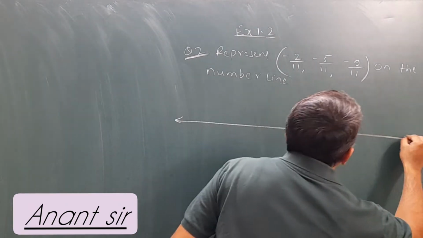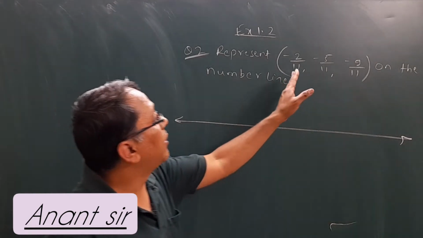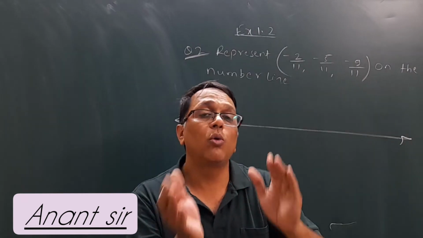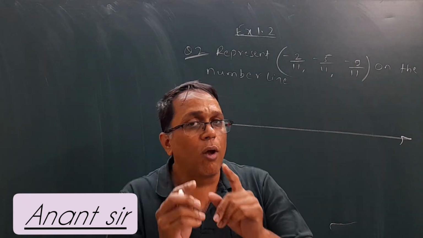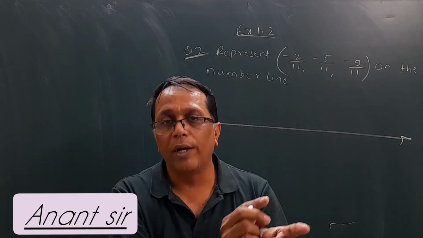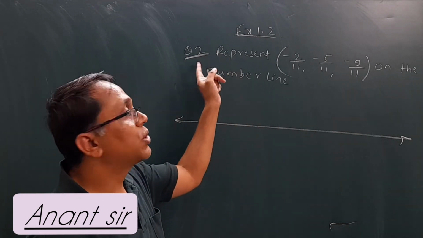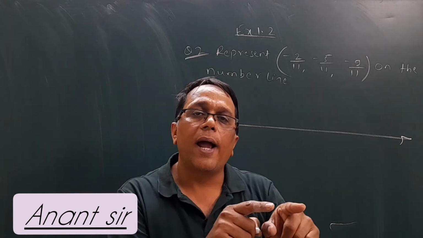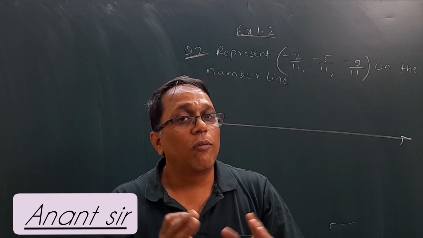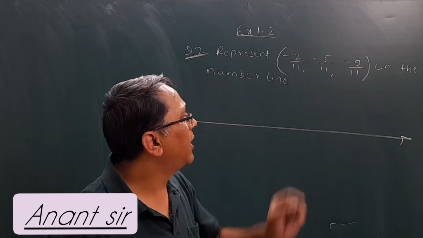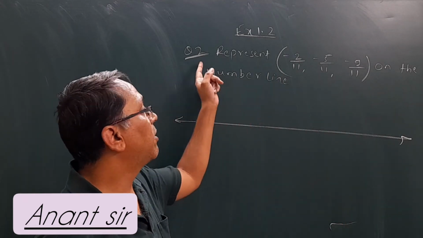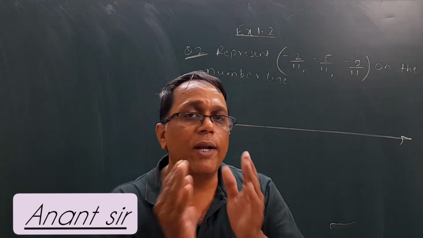One thing which is very important to note is that the denominator of all the three numbers is the same. If it is not the same, then we have to make it the same first. We have done a similar question where the denominator was different in the previous video, where I solved question number 1. In that I solved one extra example where the denominators were different. So if you have any confusion about what to do if the denominators are not the same, you can go to that video.